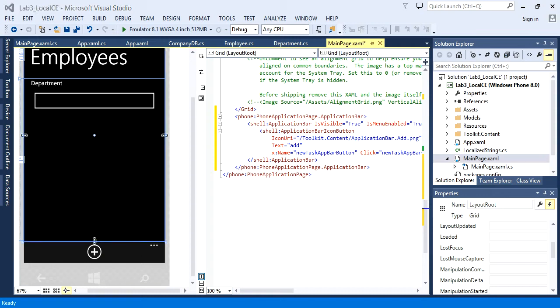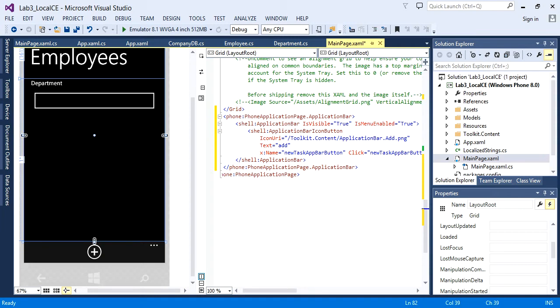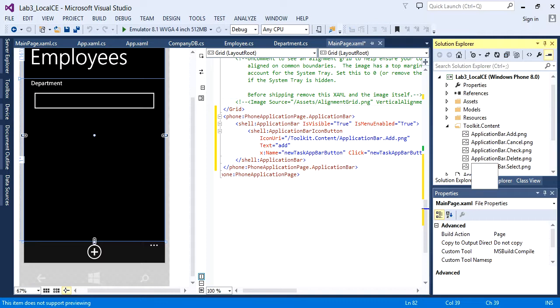As I was saying, you can click the 3 dots and it just will show, at this point, just the caption. The caption I'm putting here is the text of this one application button I'm putting on, right? The text is just the keyword add. Notice that I did get some content here when I installed that toolkit using NuGet, right? It did add this